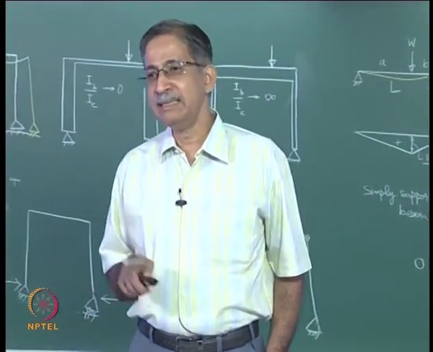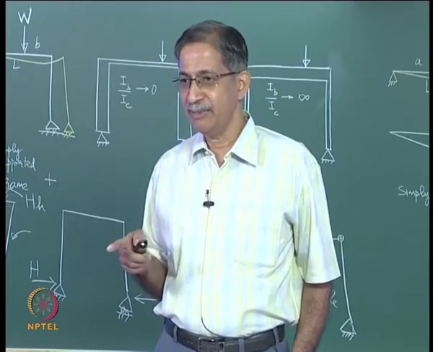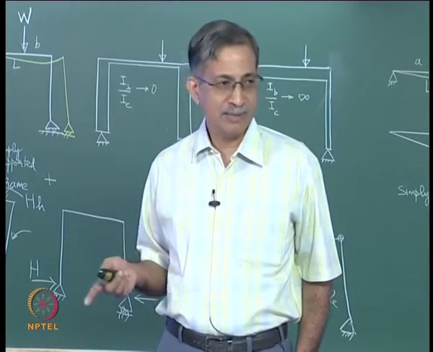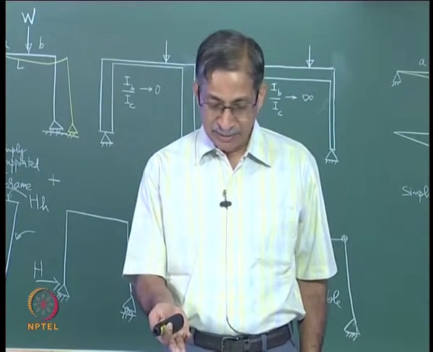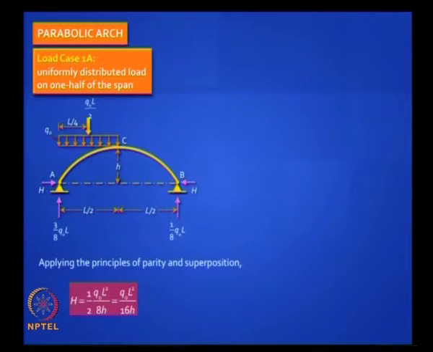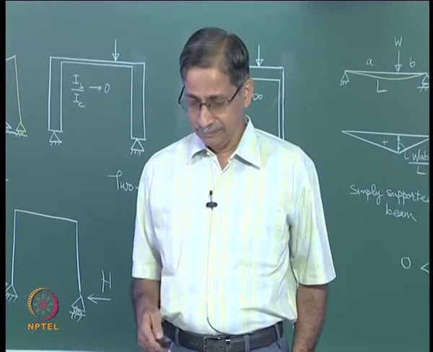So you have done this exercise for 3 hinged arches, remember we've done this before. This is now like a 3 hinged arch. In fact in this particular case it is a 3 hinged arch because the bending moment at C will be 0. You can do this. So I am not going to do this all over again. I am giving you an assignment where you have to do it. We have done this earlier.